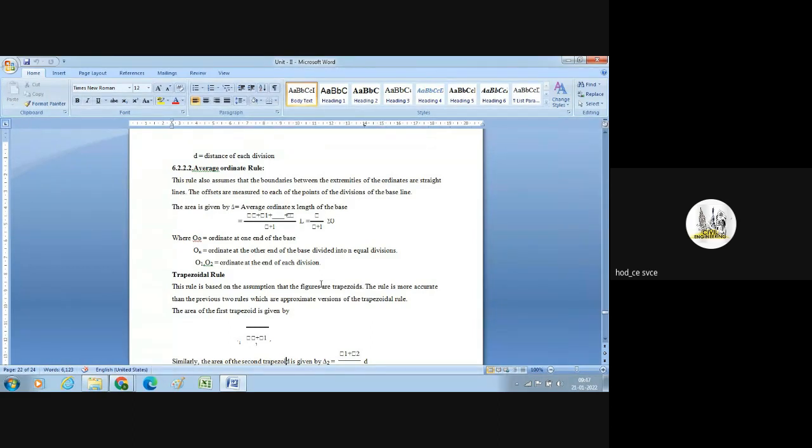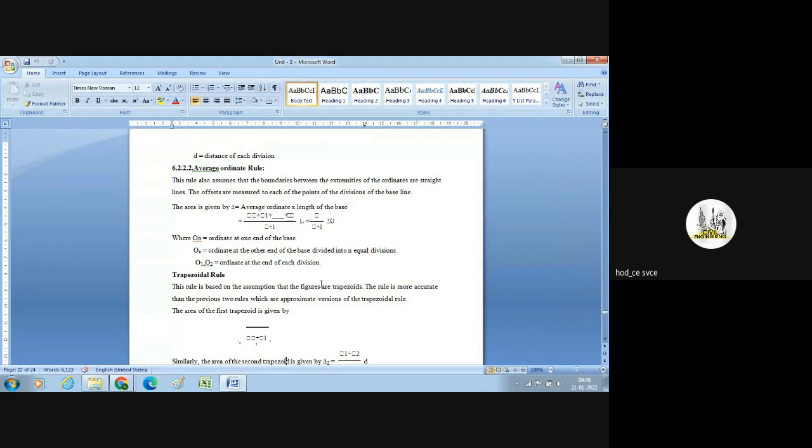So what is the figure we have taken for the mid ordinate rule? Same, but here they are going to consider it as started with O naught. Okay, and next coming to the trapezoidal rule,